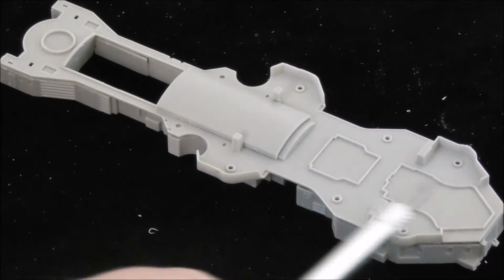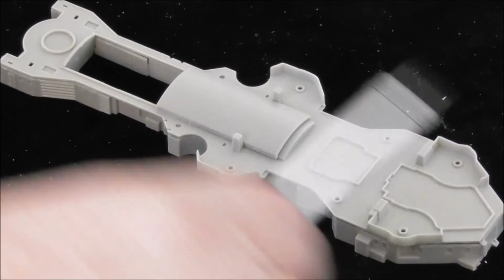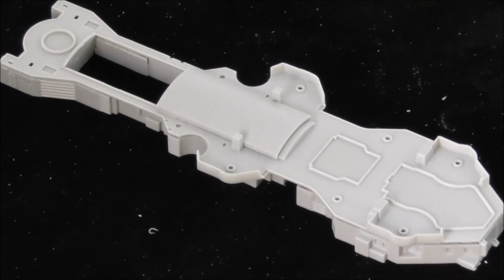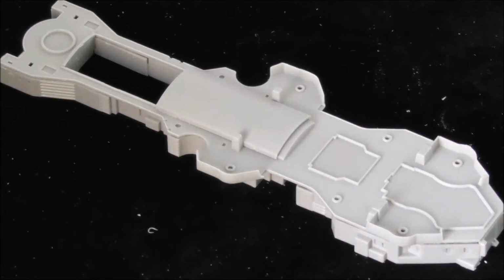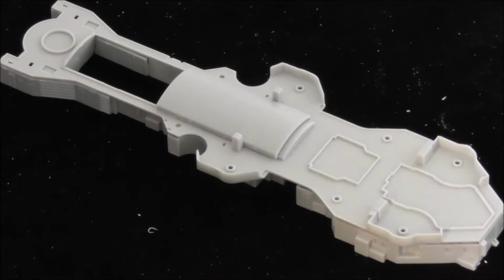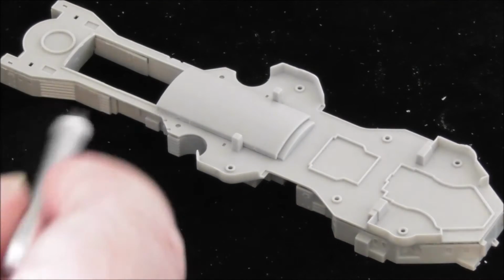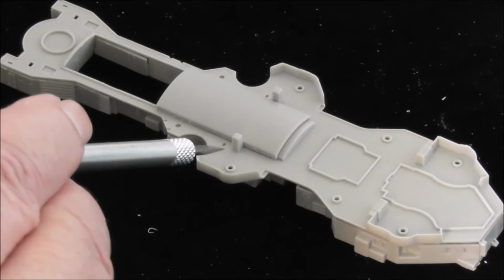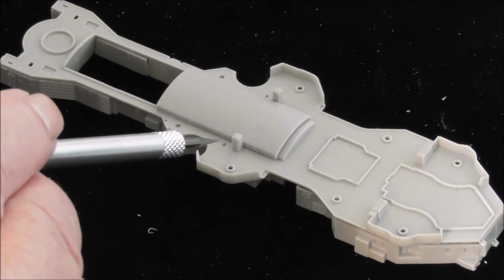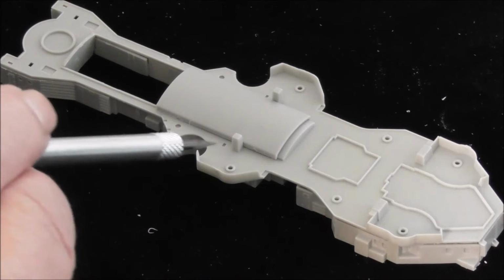When we get to some of the structures that sit on top of this, there's photo etch there as well, but at the moment what we're going to do is just concentrate on this part and any associated photo etch that comes with it. I'm fairly certain, in fact I'm 100% certain that there are wooden decks associated with this as well. Certainly from this point back,